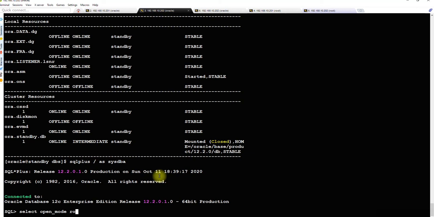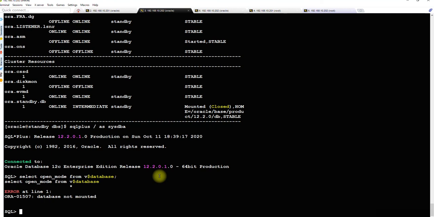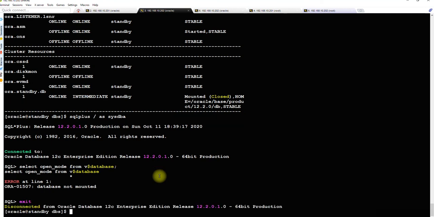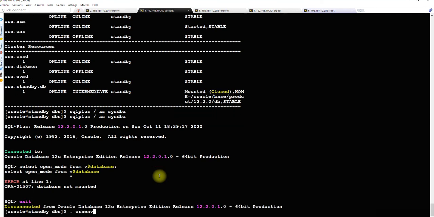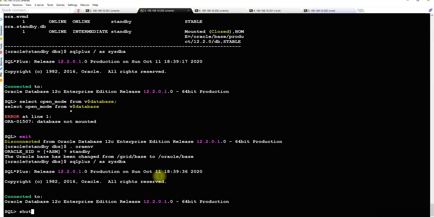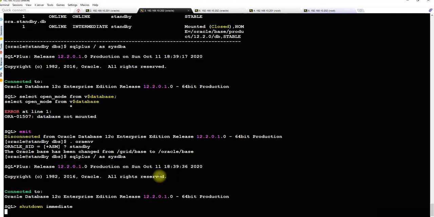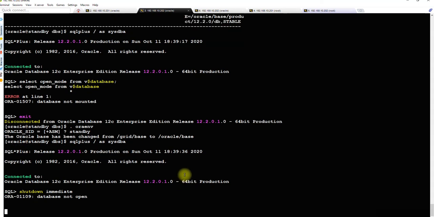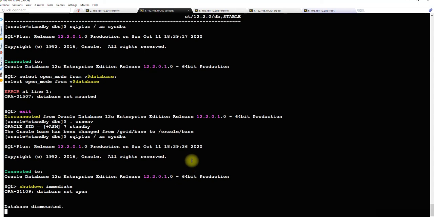Open_mode from v$database. Okay, so what we will do, we will exit out of this. We will set up the environment variable standby, and then we will shutdown immediate, and it should shut down. And then we will start using the srvctl utility.